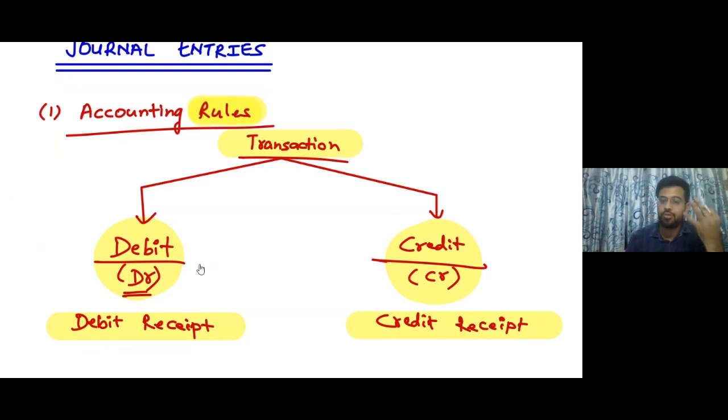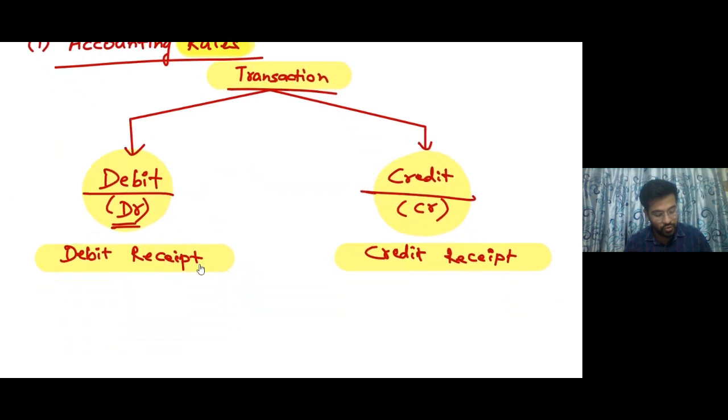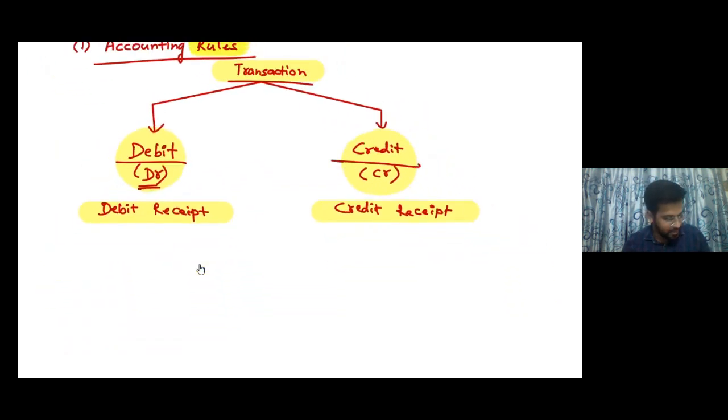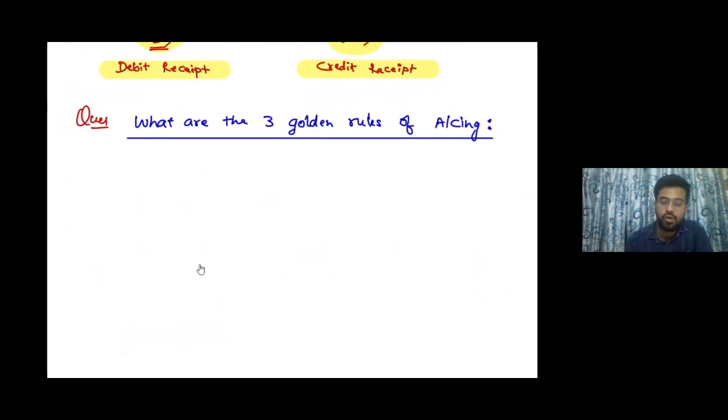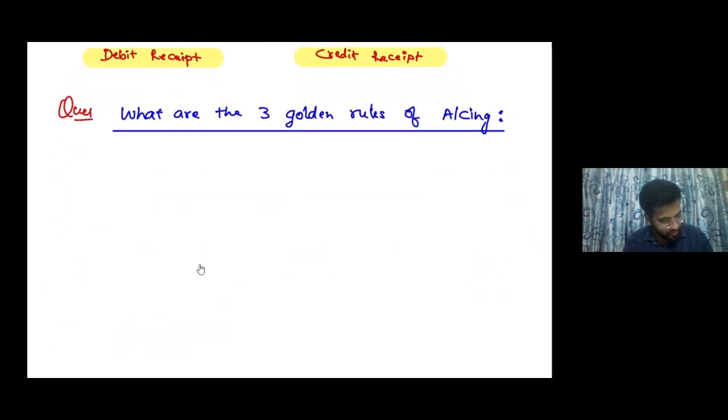Okay, I will give you three rules. These are the golden rules of accounting. If anybody asks you what the three golden rules of accounting are, your answer would be that the three golden rules of accounting are: first rule,